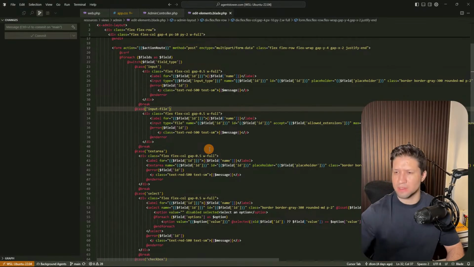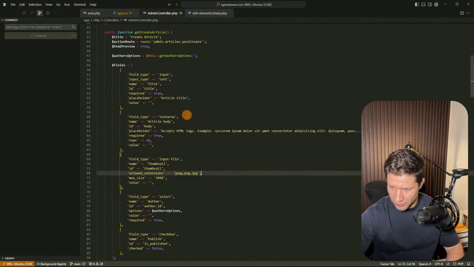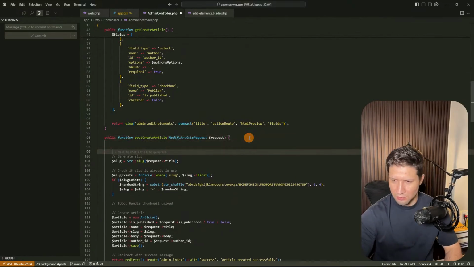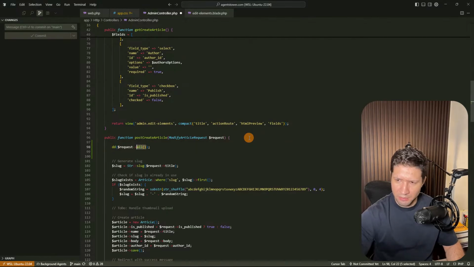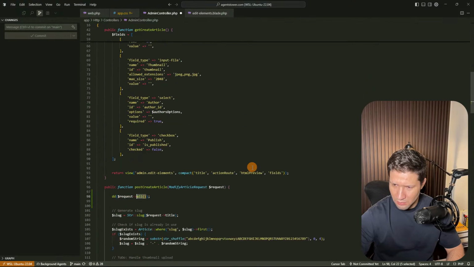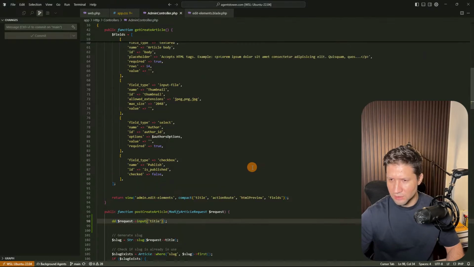Okay, so how can we do this? Let's see. So admin controller, we are going to have post create article, and I want to dump the thumbnail just to see what it's giving me. So I think it's input, and I'm going to input the title just to see